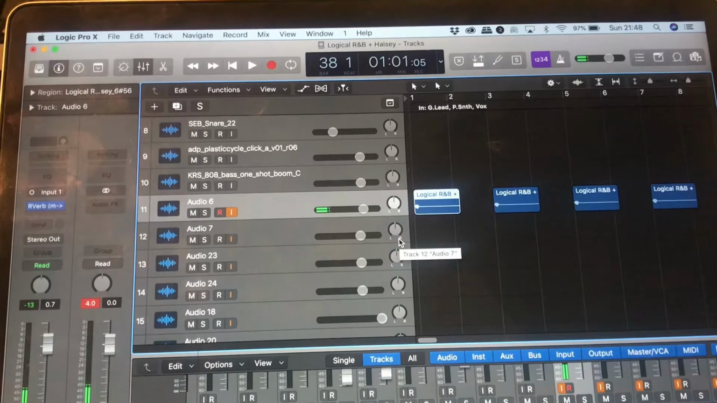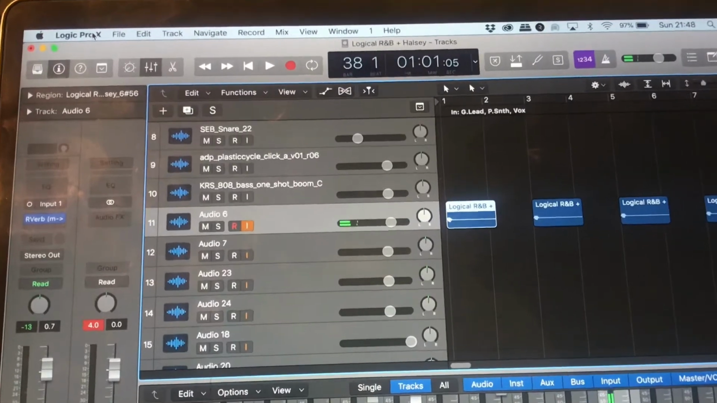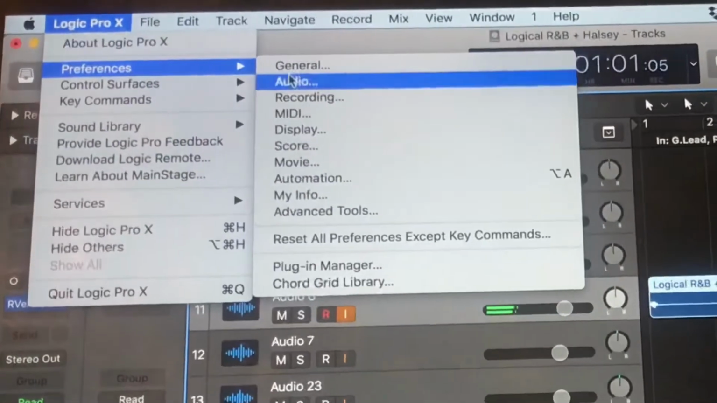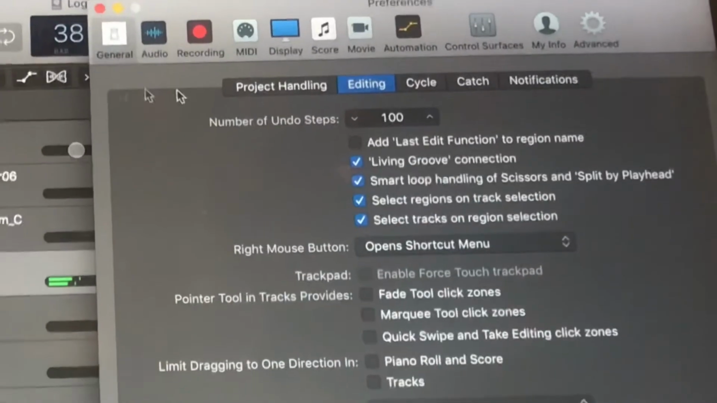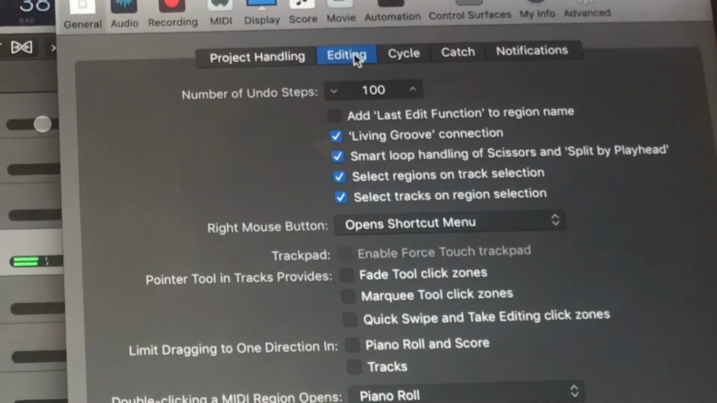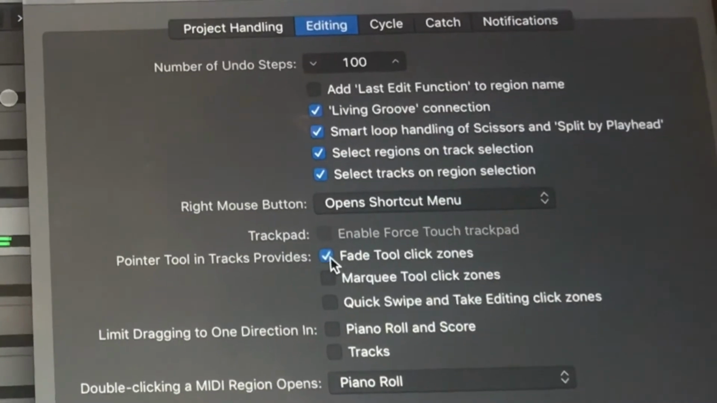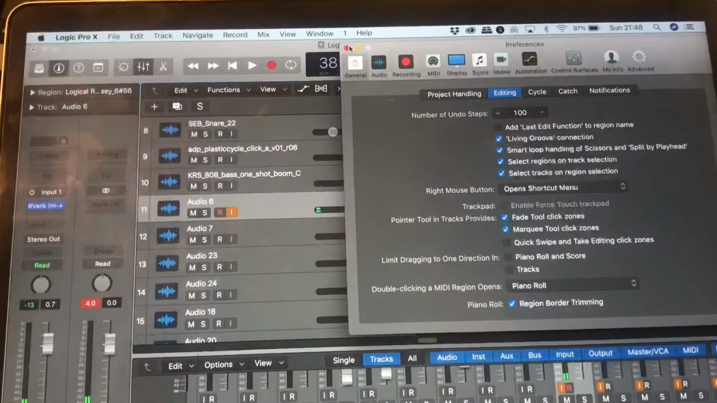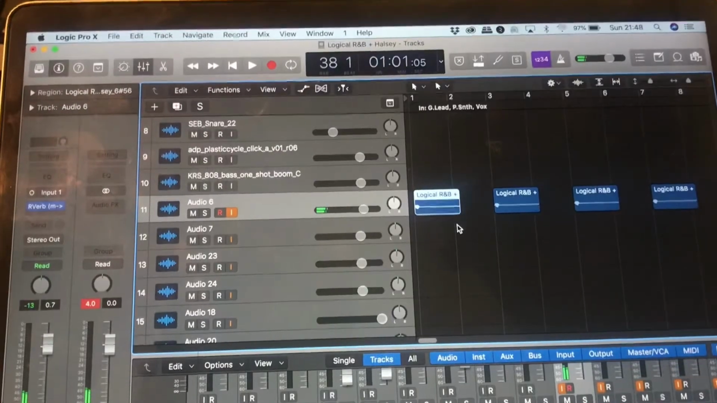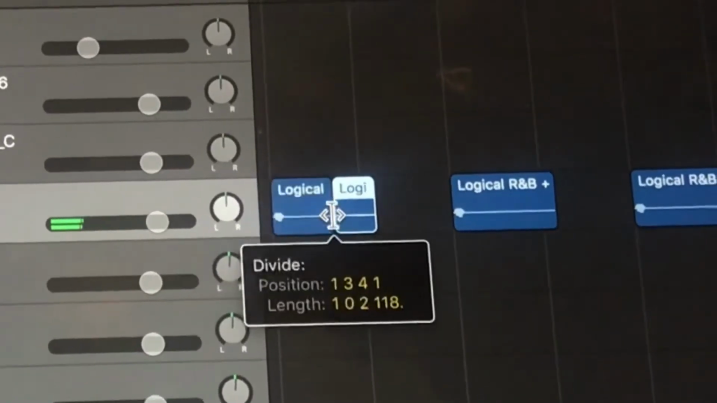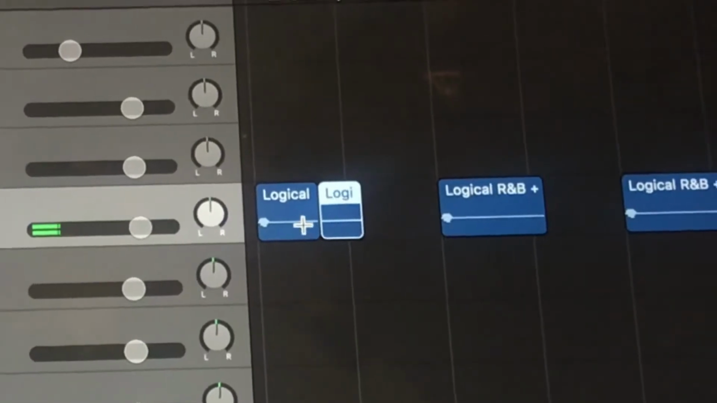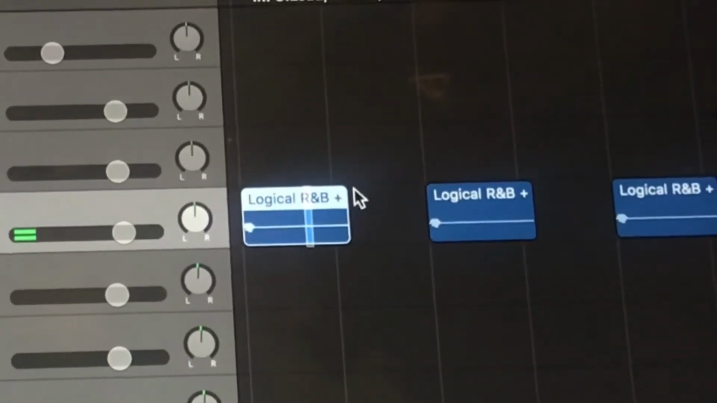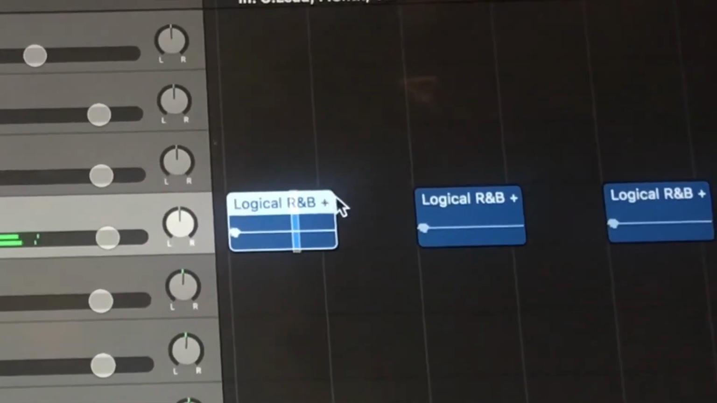A few months ago I found out that you could give your mouse or your pointer a few more options by going to Logic Pro X, Preferences, General, Editing, and click the Fade tool and Marquee tool click zones. If you X that, you can see you have a few more options. This marquee tool will help you to cut things immediately, and the fade tool will help you to fade